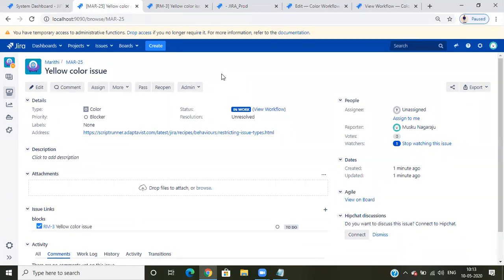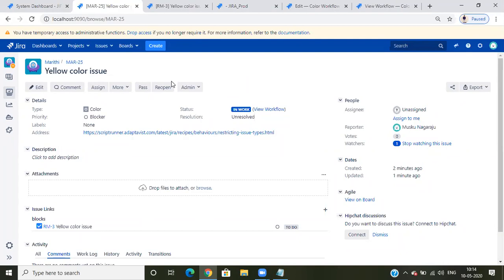Within the one project, they will select different statuses, like in design, in testing, in development, in review or something. But some people, if it is a major project, will create a different project for testing. Suppose when development is done, I just click on the development is done transition.